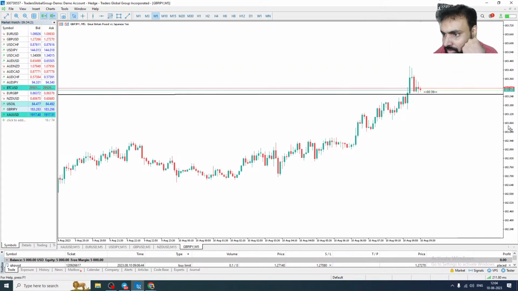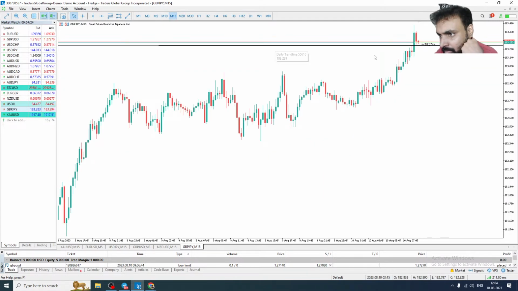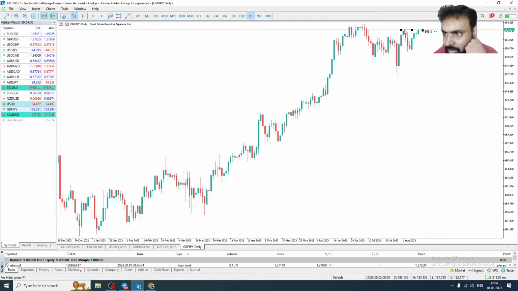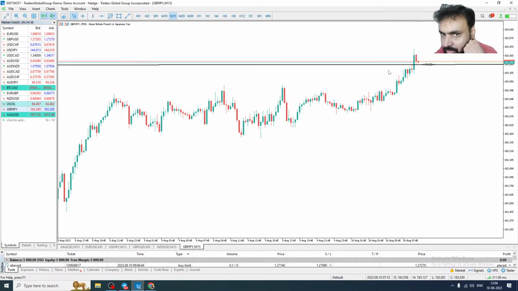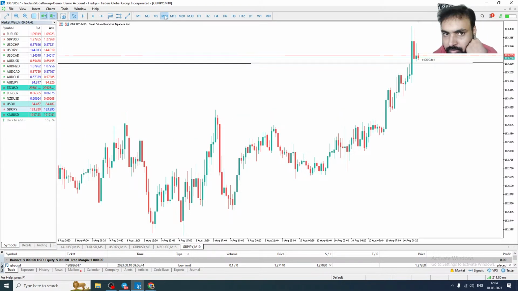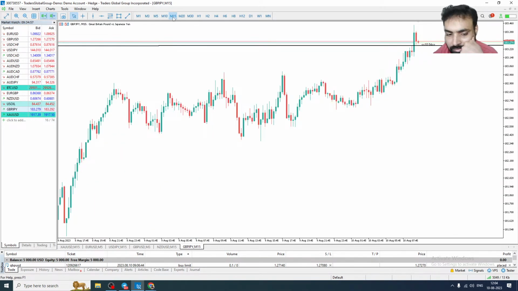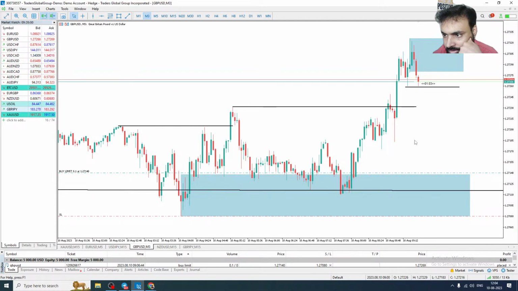So you want to see one breakout structure, or let's take a 15 minutes time frame. It's gone above the previous day's highs. You can see these are previous days and previous days highs. It's gone above, and if I see any rejection to the downside, you want to see breakout structure in downside. We want to see at least this one, this swing point, to break. Then we can sell from the top if we see this break. GBPUSD.